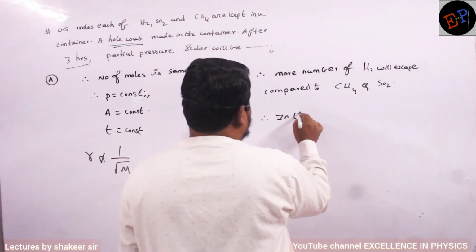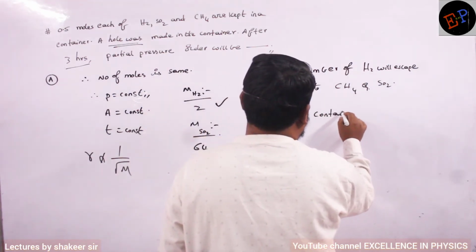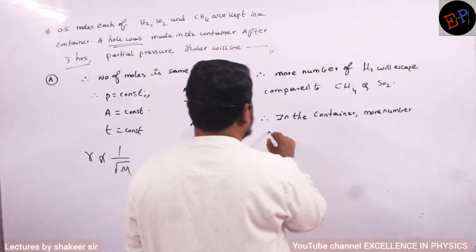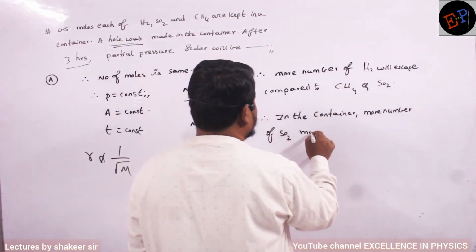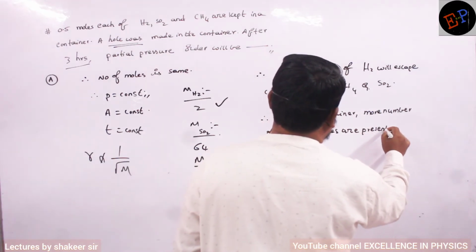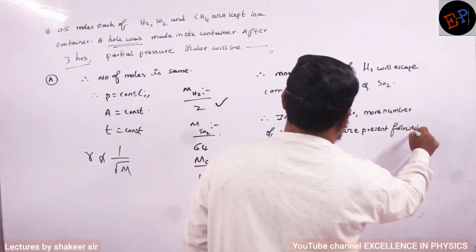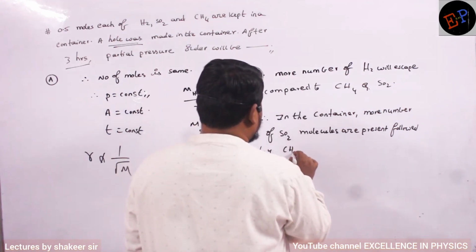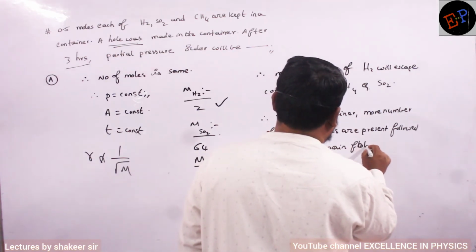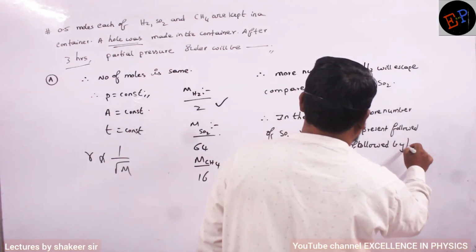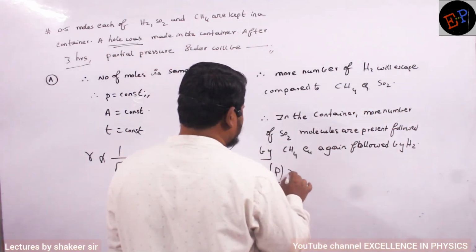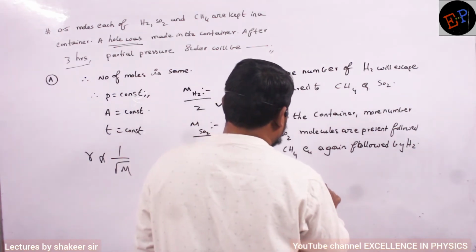Therefore, in the container, more number of SO2 molecules are present, followed by whom? Followed by CH4, and again followed by, finally whom? Followed by H2. Clear? Therefore, the partial pressure of sulfur dioxide is greater than the partial pressure of CH4, which is greater than